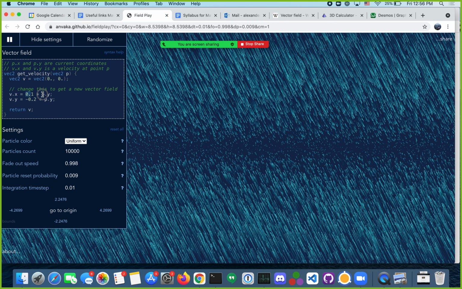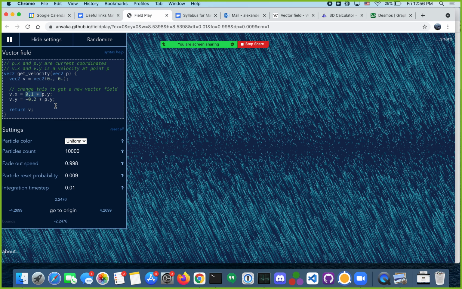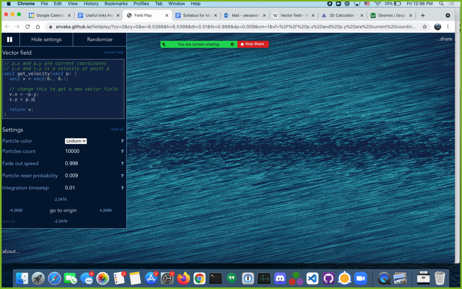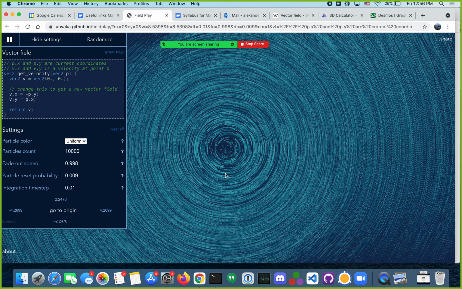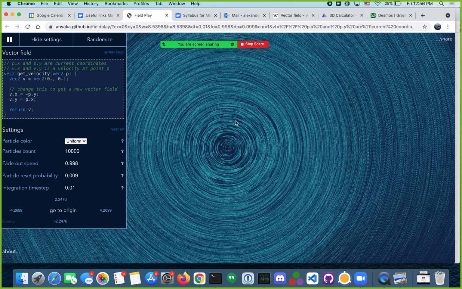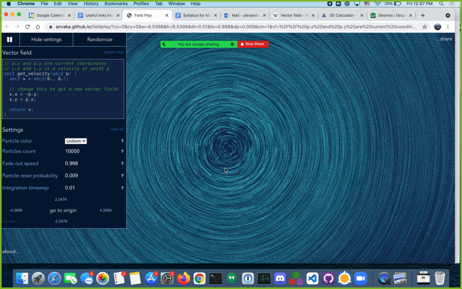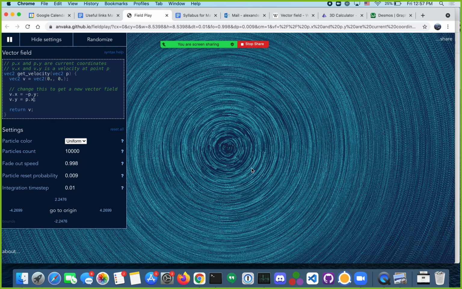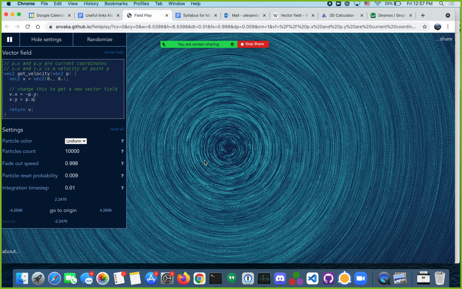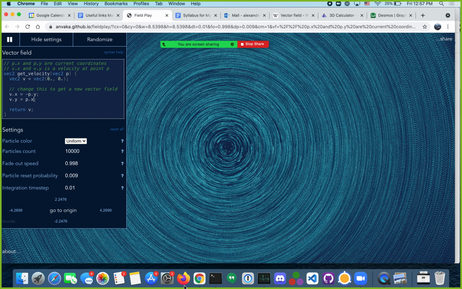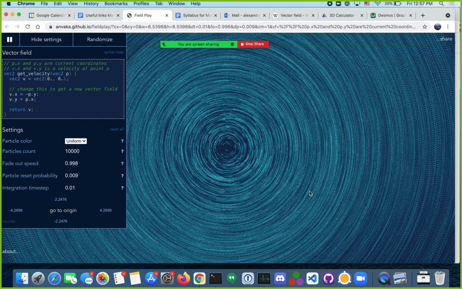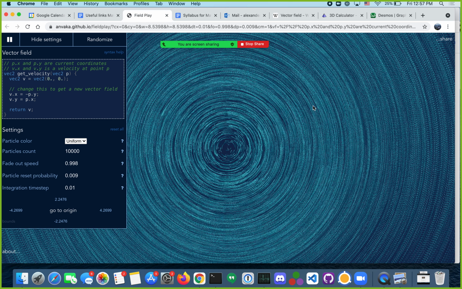So let's do our example that we did in class, which was minus y, comma, x. So there we have that vector field we just did on paper. It's just swirling around in circles. And so actually a vector field, if you pick a point and then you follow the motion of that point, you will get a curve. So a vector field is one way to describe curves. It describes many curves, like it describes really big circles. It just depends on what point you start. And then that point will trace out a curve as it evolves,